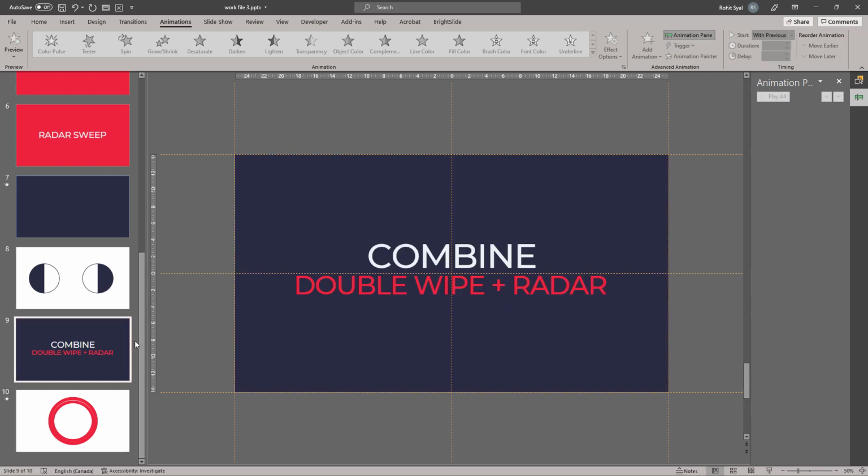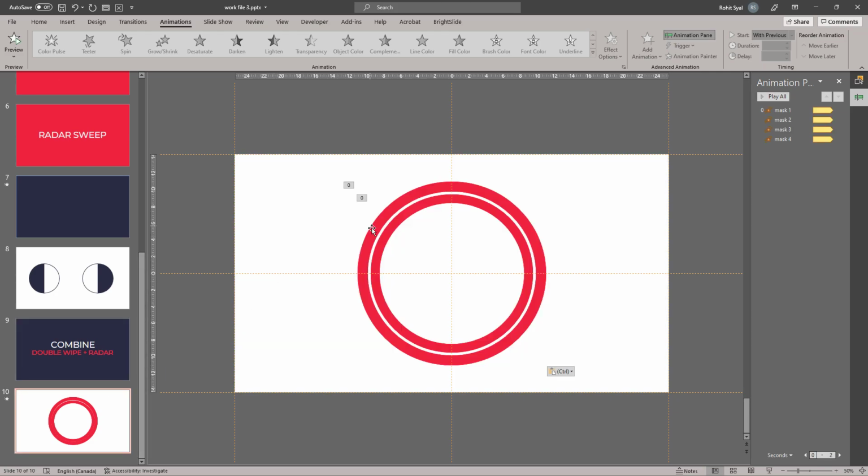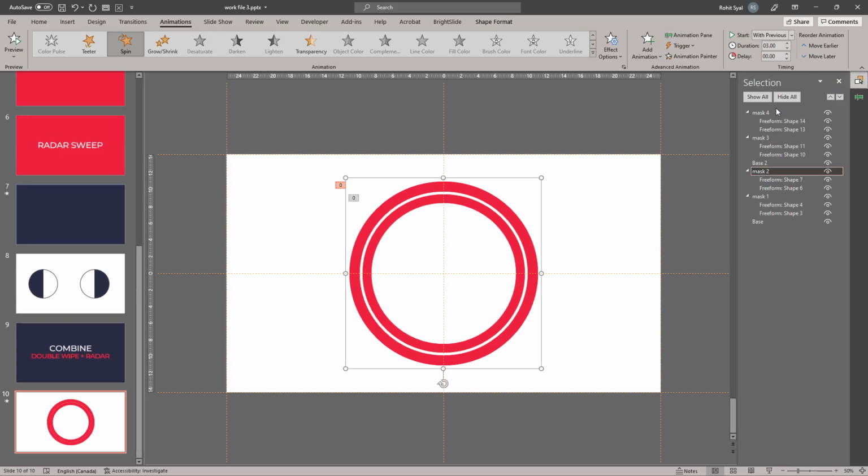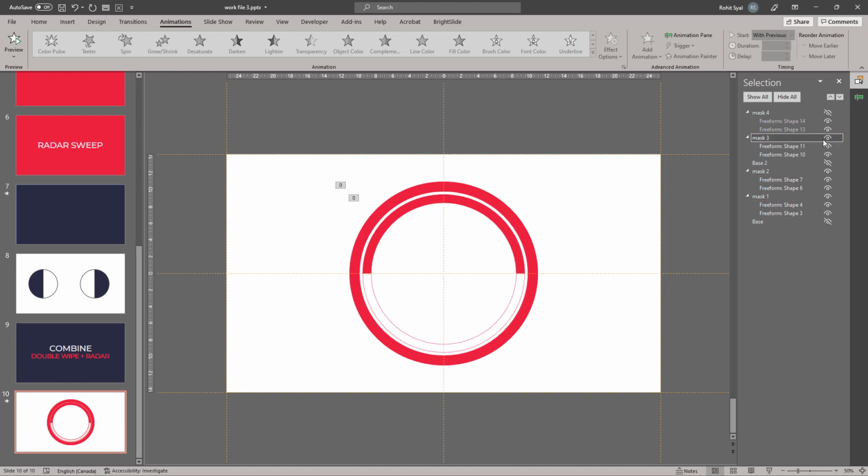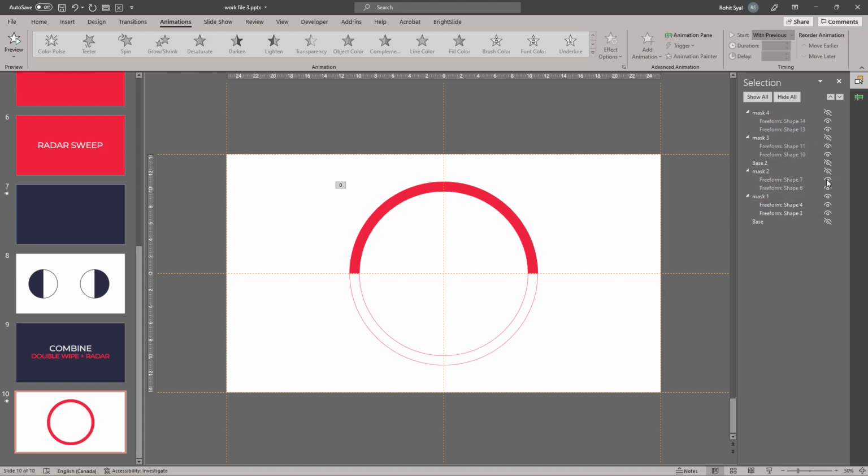Now, since we're going to be using a dark blue background, our mask colors need to change. So let's go over to our selection pane. Let's make the base invisible, base 1 and base 2 both invisible. And we'll make all the masks invisible.